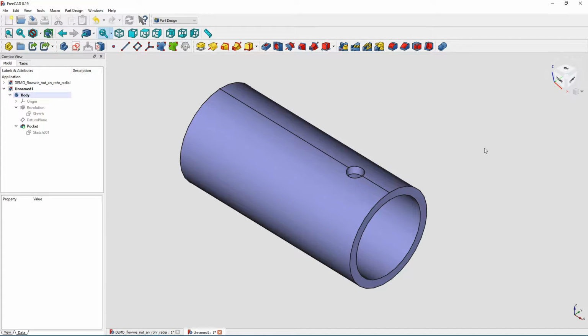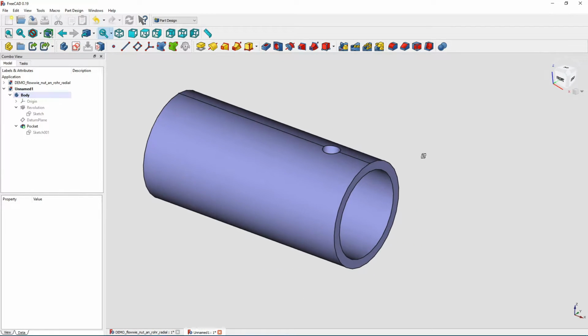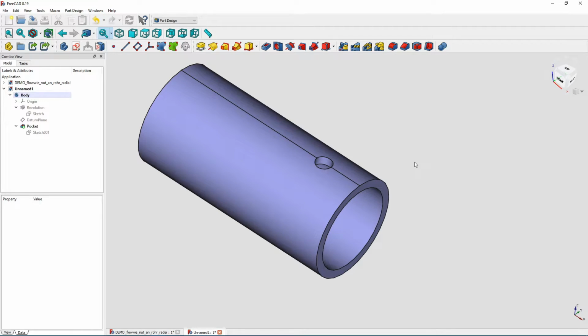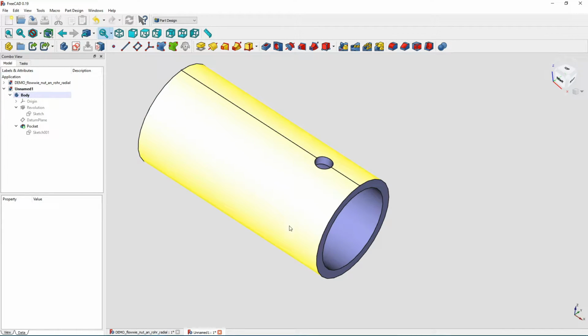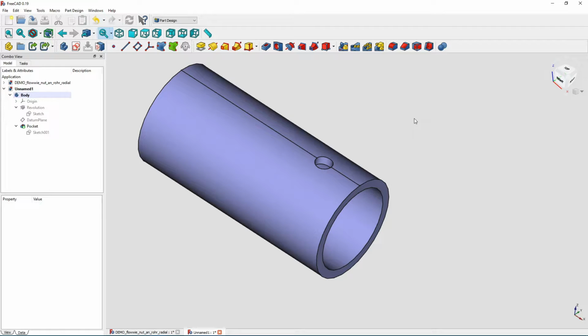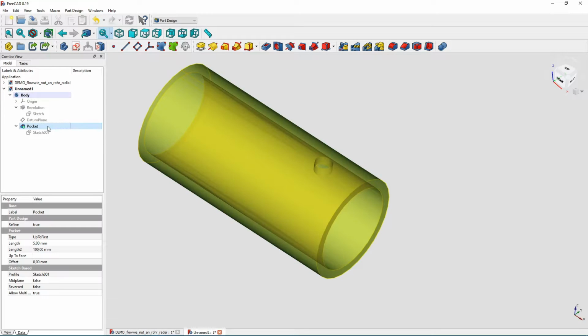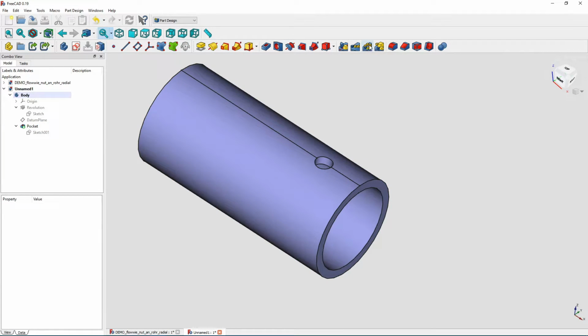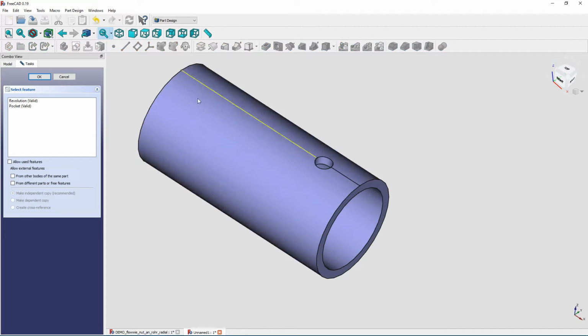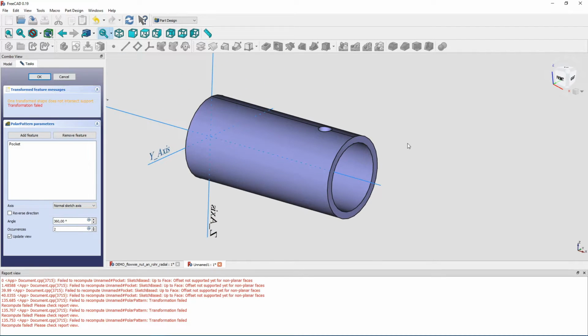The next thing, we need our polar pattern to create another hole. I always imagine this as this is the first hole where you go in with your drill, and then you move your drill along the lateral surface of your cylinder, and the second hole is where the drill is leaving my pipe. So I will select this pocket here, and then I will create a polar pattern feature. So this pocket, okay. Yeah, we have another error message down here because we have not yet selected the correct